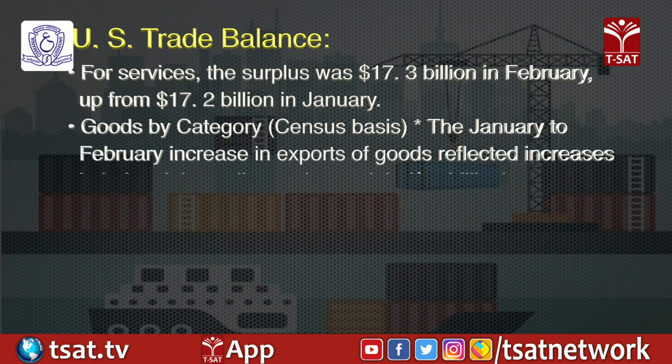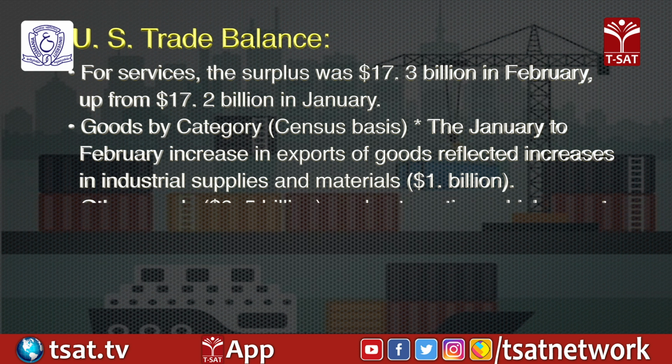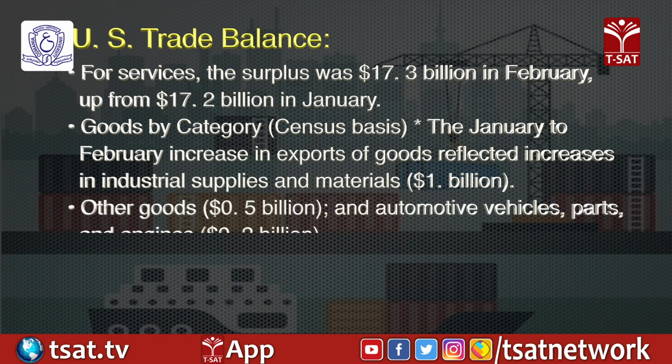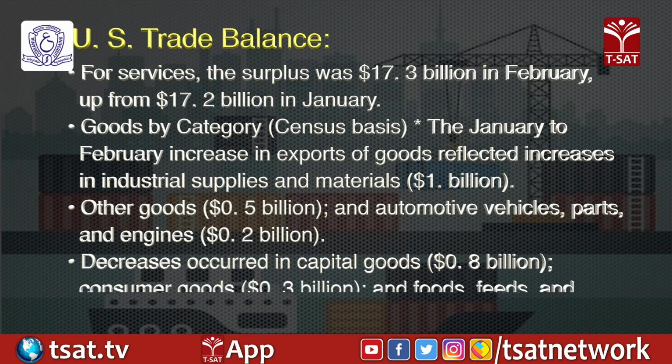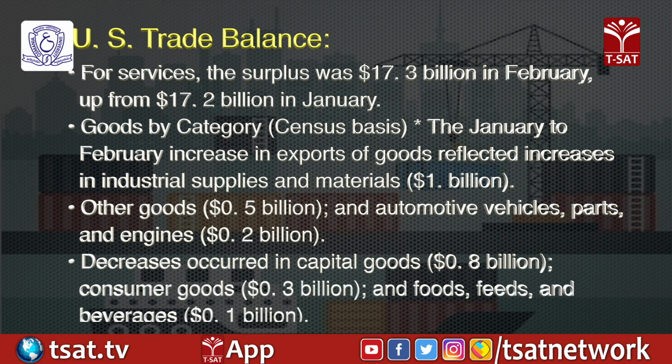Goods by category, that is on a census basis: the January to February increase in export of goods reflected increases in industrial supplies and material, that was $1 billion, other goods that constituted $0.5 billion, and automotive vehicles, parts and engines, that constituted close to $0.2 billion. Decreases occurred in capital goods, that was $0.8 billion, consumer goods, that was $0.3 billion, and foods, feeds and beverages,